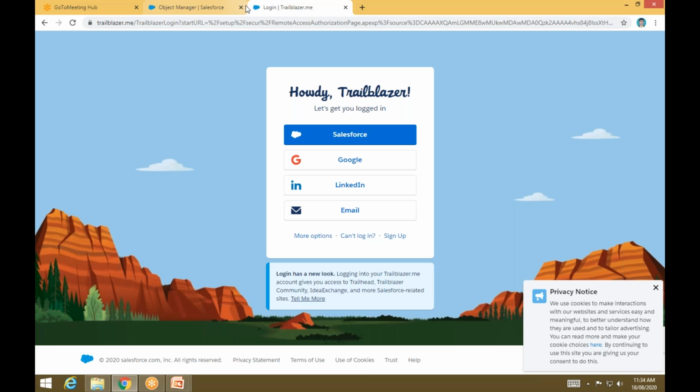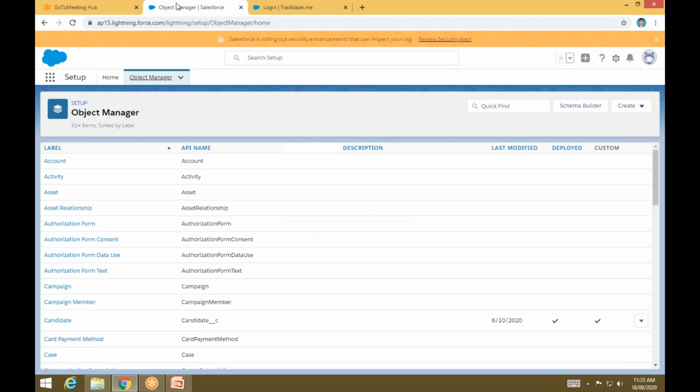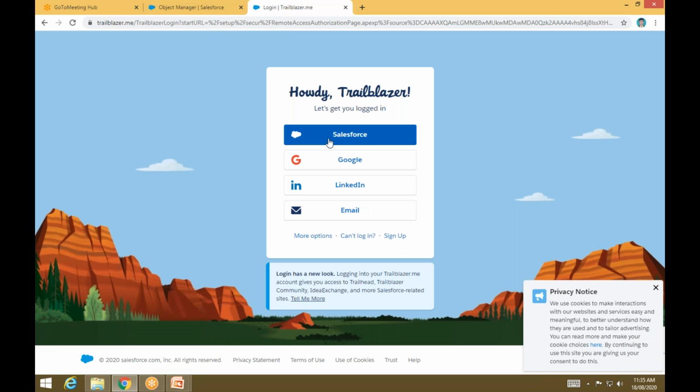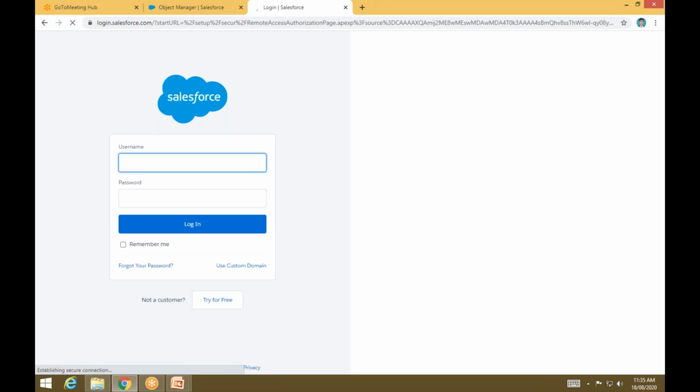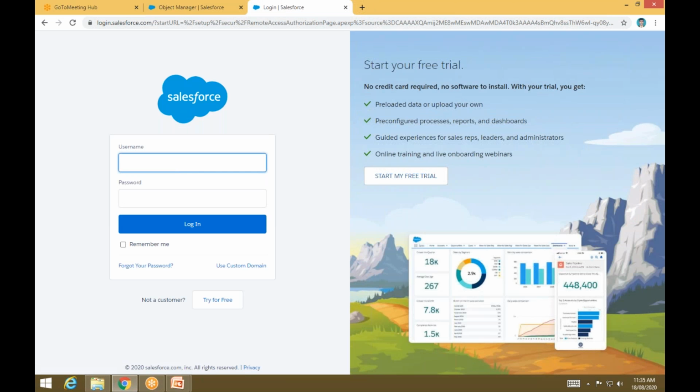Now also go to Trailhead. It asks for the login through a mail ID, LinkedIn, Google, or Salesforce. Already I have logged in for Salesforce, so I just need to click on Salesforce.com. Again, it will ask for the username and password.